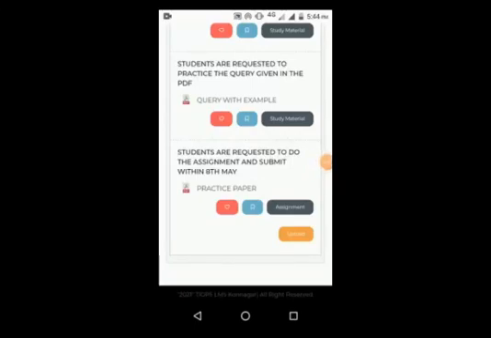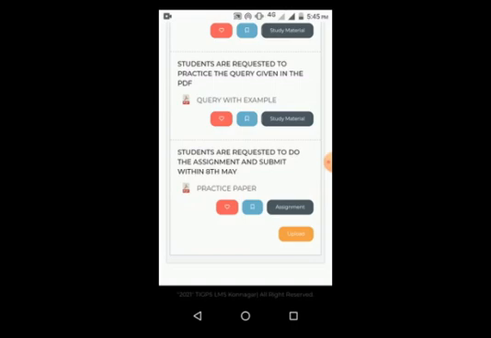How we will be able to upload our assignment. Before, I also told you what an assignment is. An assignment is when our teacher gives us some work to do, that we have to do first in our copy, then take a picture, then make it a PDF, or we can send the direct picture also. So we have to send our work to our teacher, and that is called the assignment.